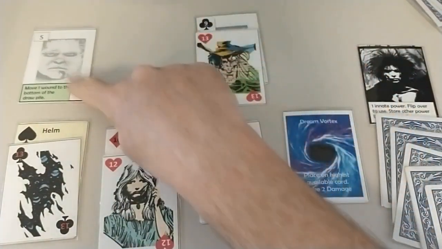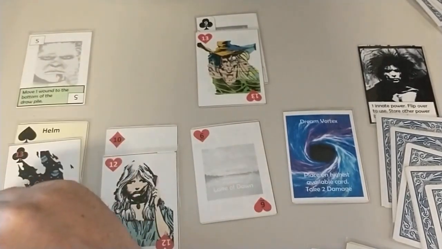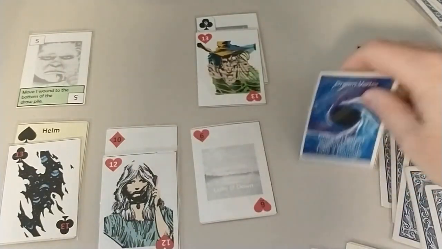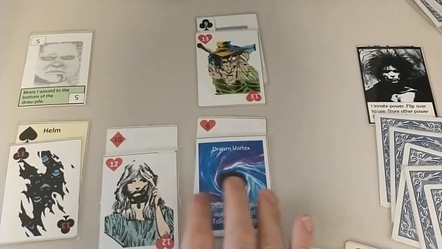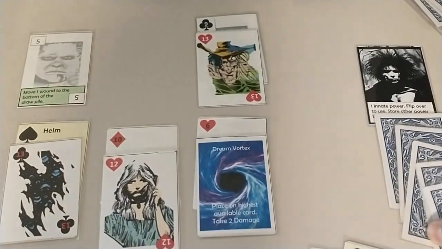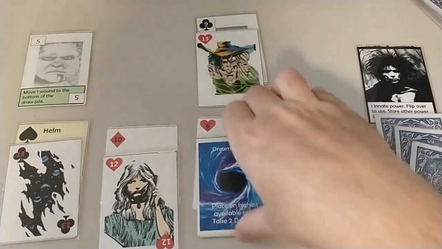Now we'll use Despair's ability. She would move a damage or a wound. We don't have a wound at this point, so this doesn't take any effect. And then the Dream Vortex will take the highest available card, so the 6 here. Now, to get rid of the Vortex, you need 2 magic, or you take 2 damage, or you can do 1 of each. We have so much magic, we're going to use 2 of these power